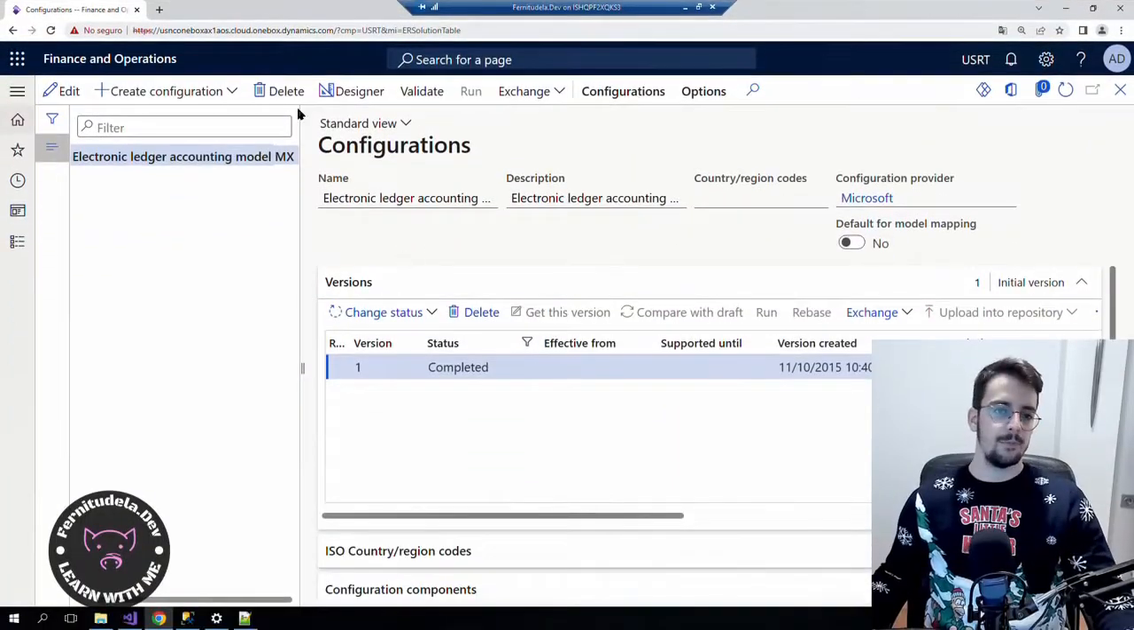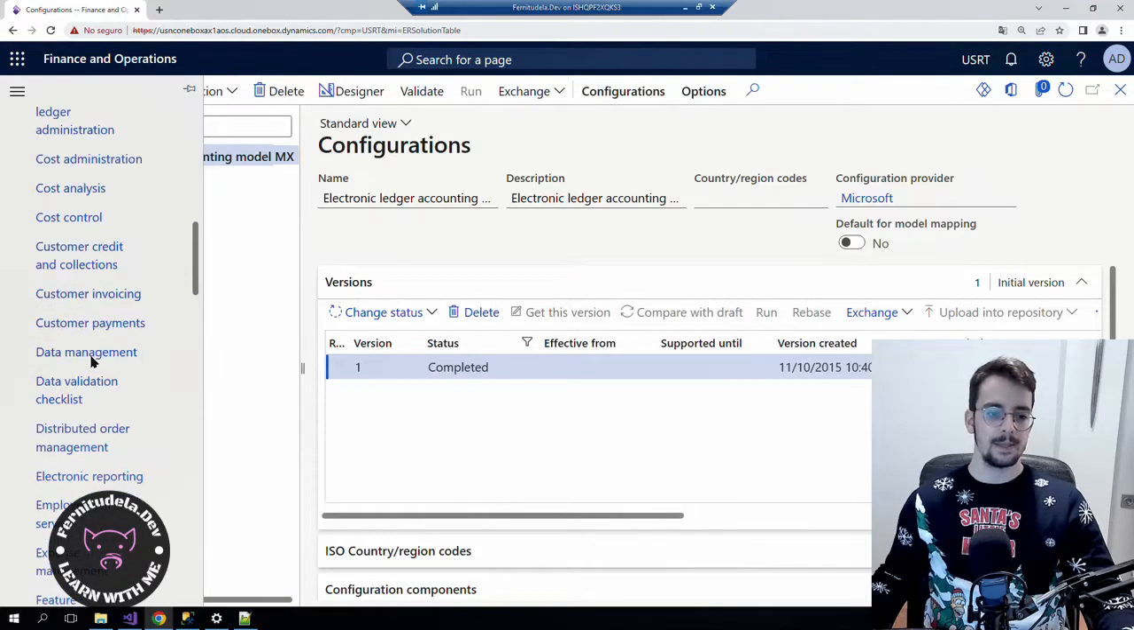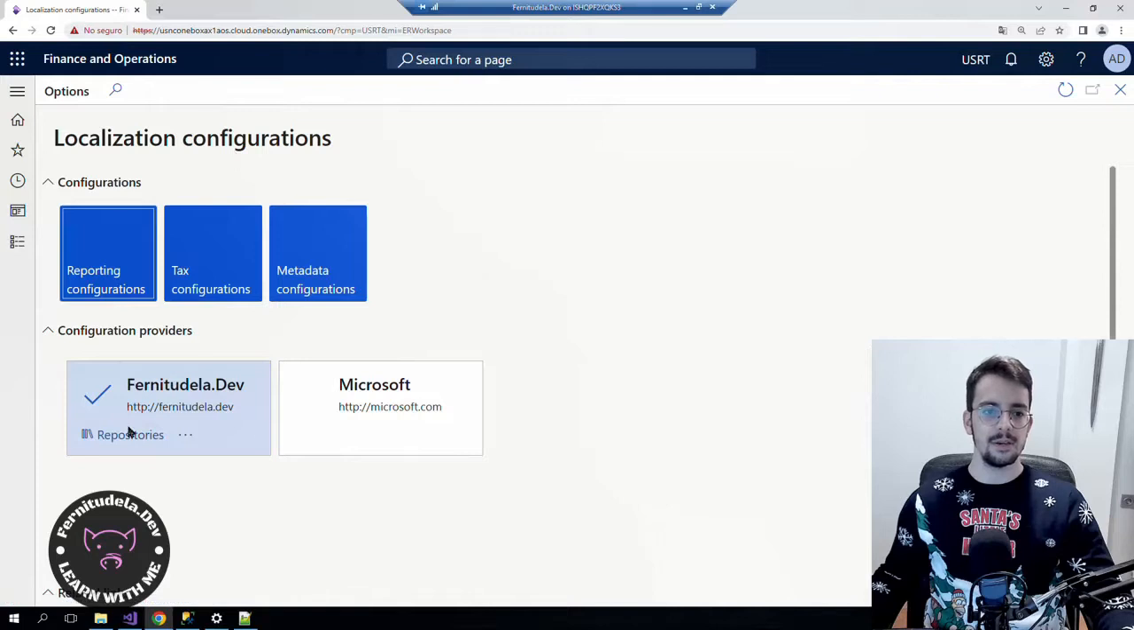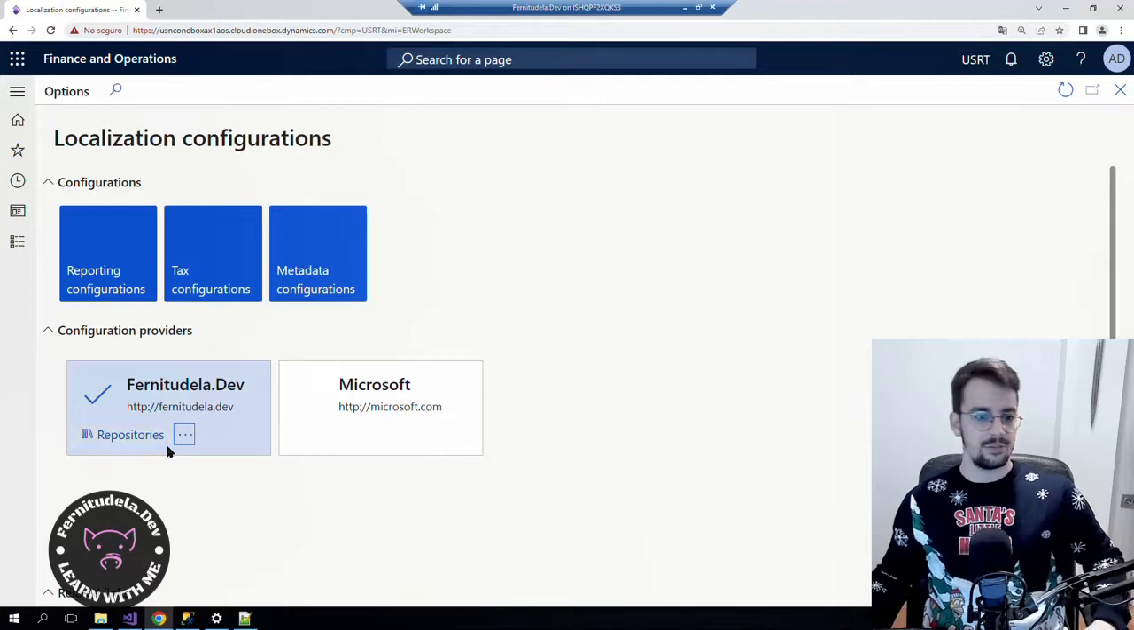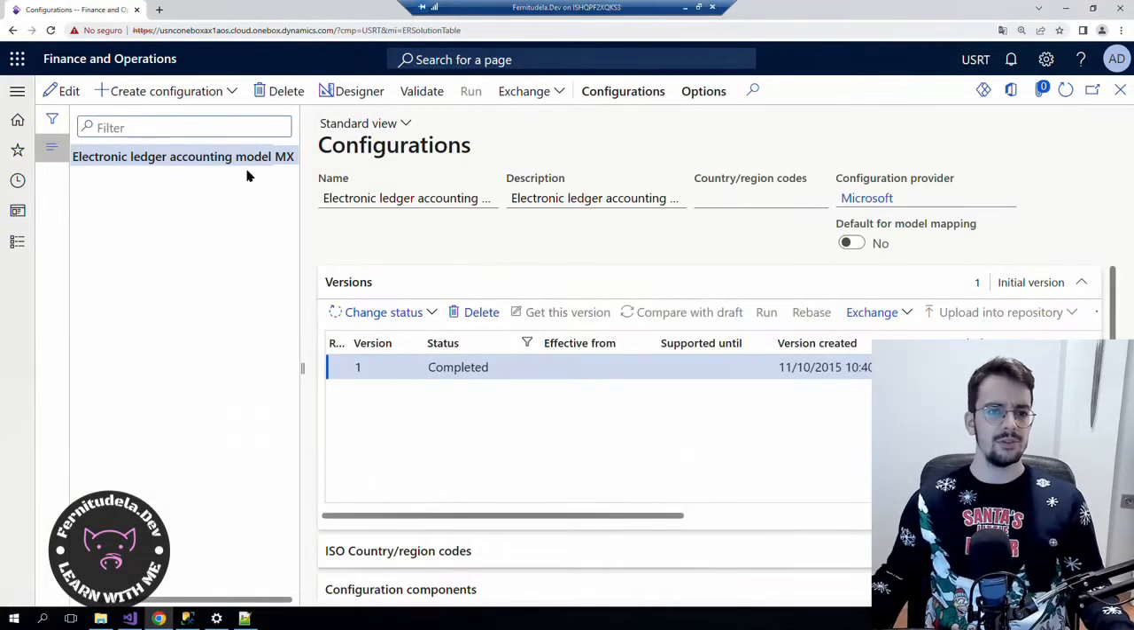Let's say we don't have anything about electronic reporting. The first thing we need to do is go to electronic reporting. I'm already there, and you will have to create a configuration provider if there's none other than the one Microsoft created, and put it as active. So once you have a configuration provider and it is active, we can go to reporting configurations